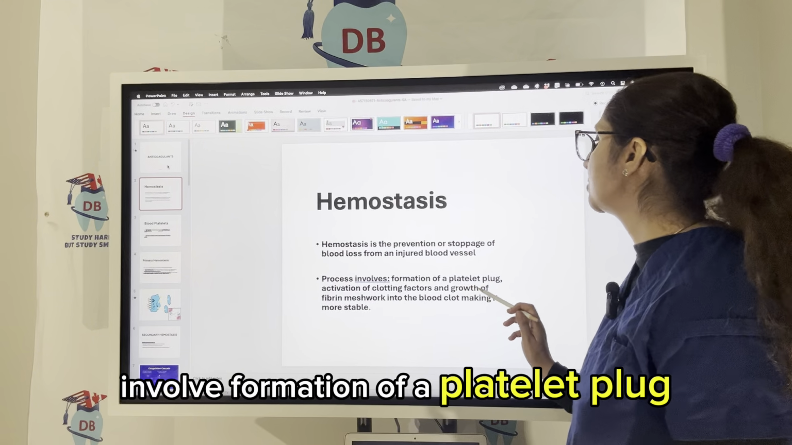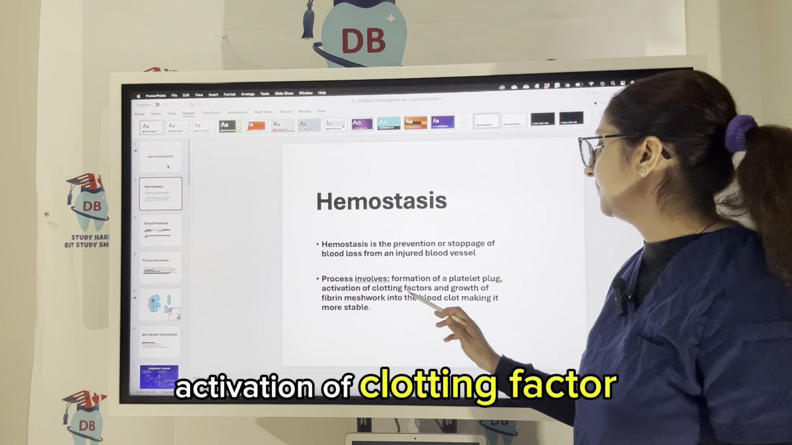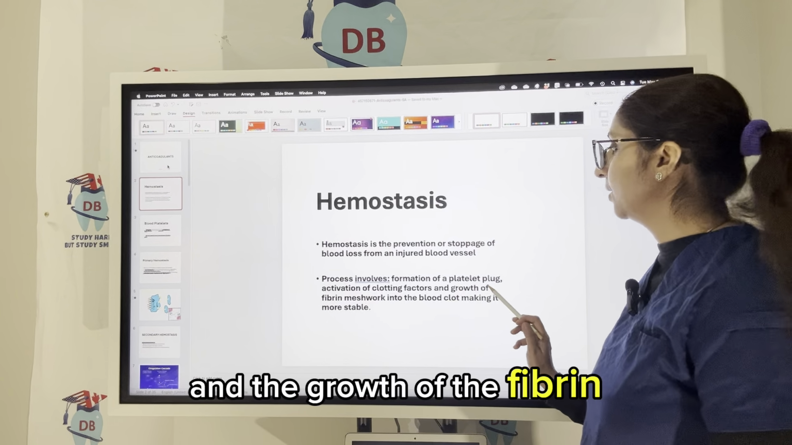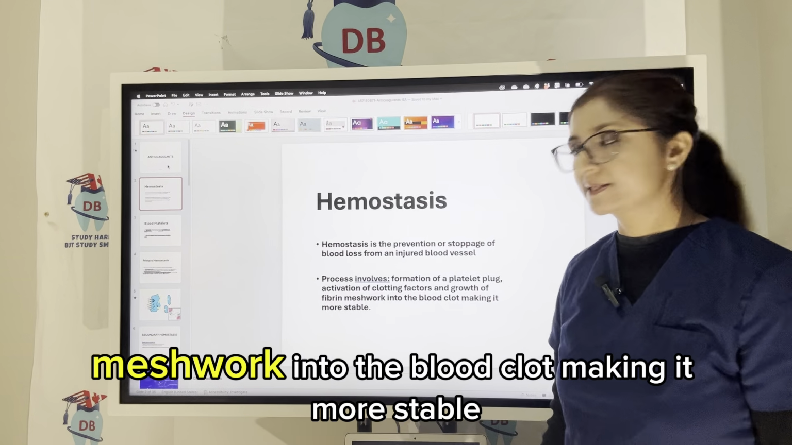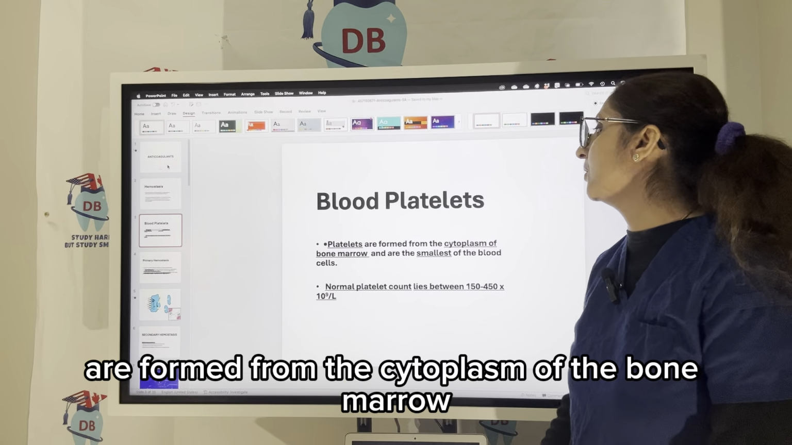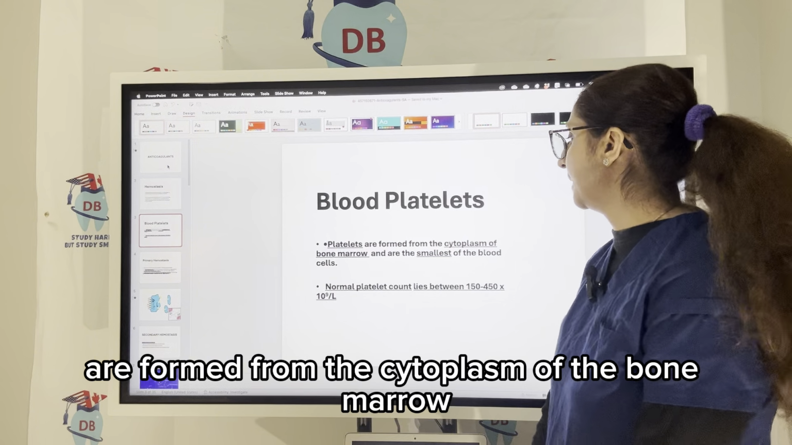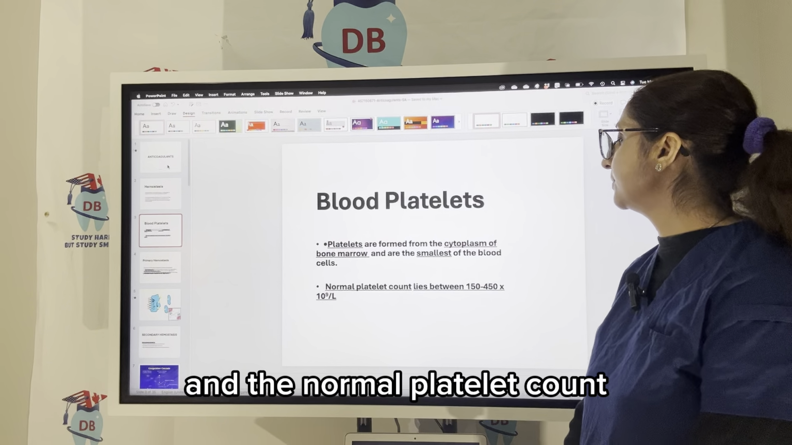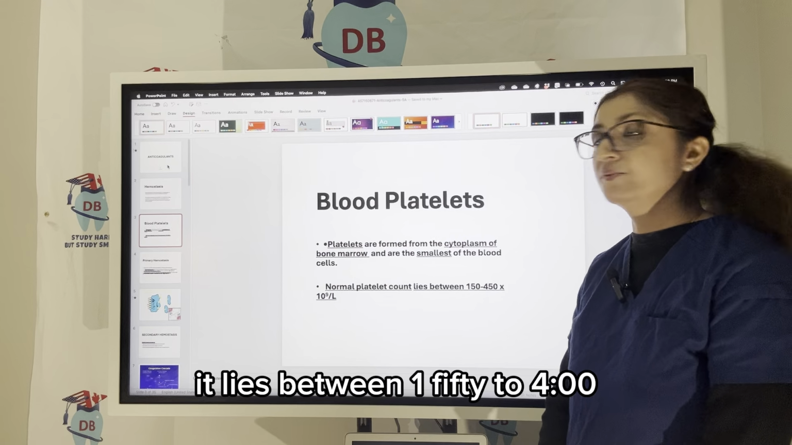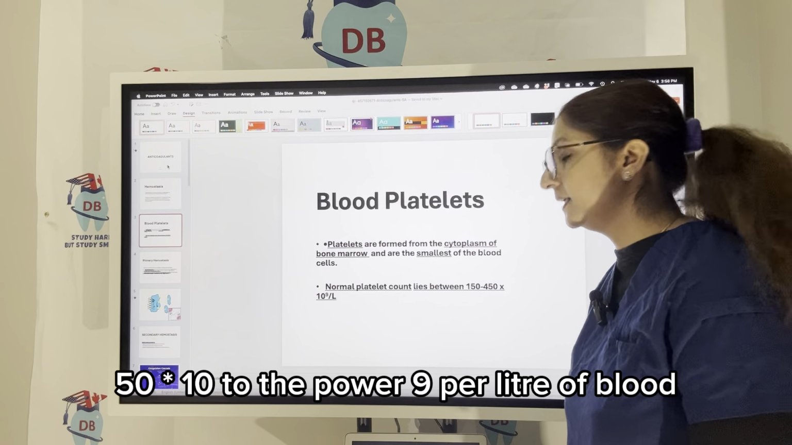hemostasis involves formation of a platelet plug, activation of clotting factor, and the growth of the fibrin meshwork into the blood clot, making it more stable. Blood platelets are formed from the cytoplasm of the bone marrow and are the smallest of all the blood cells. And the normal platelet count lies between 150 to 450 times 10 to the power 9 per liter of